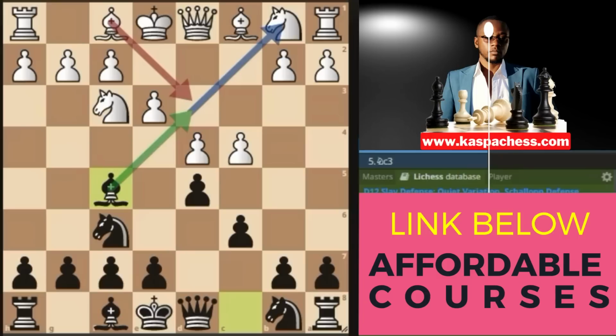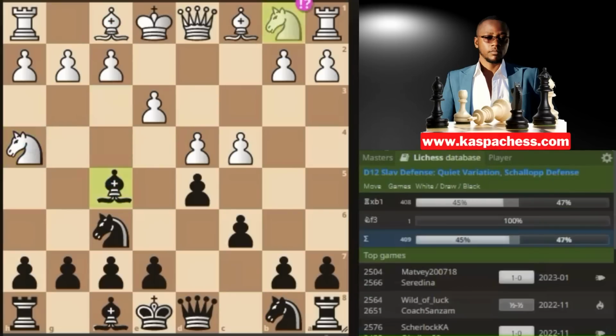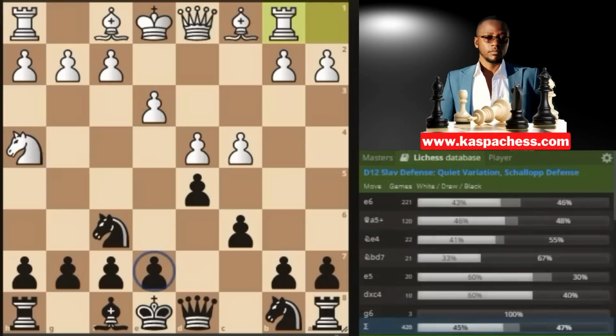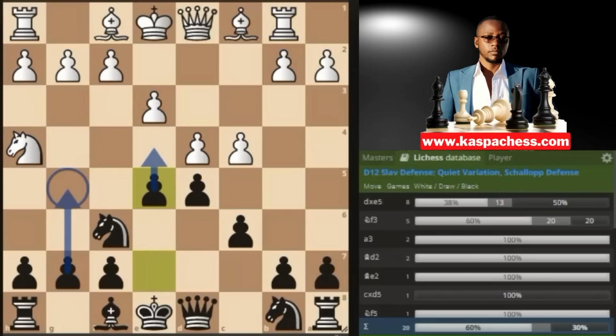Our main idea is to chop white's light squared bishop or the queen's knight immediately, which explains why strong players play knight c3, because if somebody plays knight h4, attacking your light squared bishop, one of the most in the master's database by the way, you simply go knight takes b1, and after rook takes, that's when you go pawn to e5 immediately, wanting to go pawn to e4 and pawn to g5 next, trapping white's